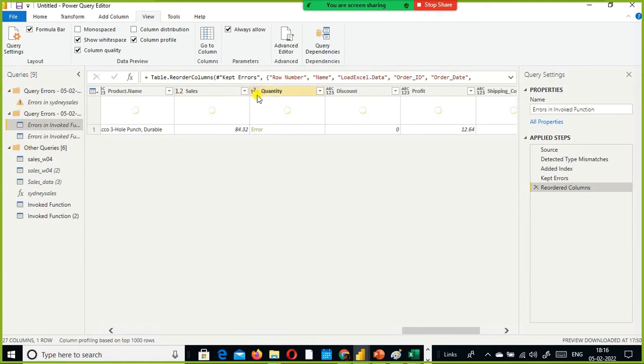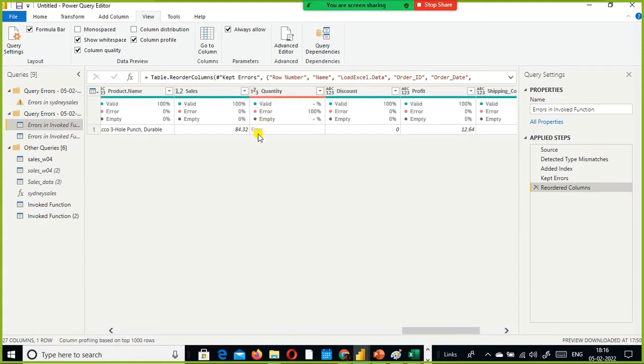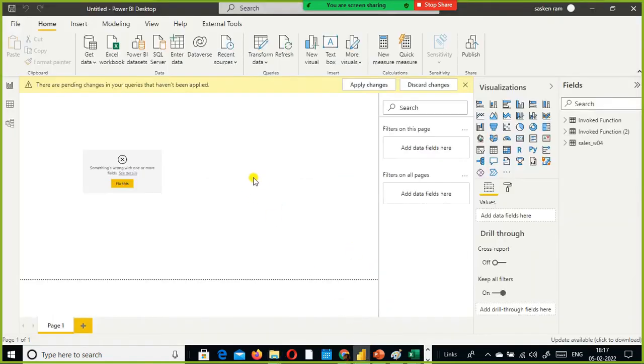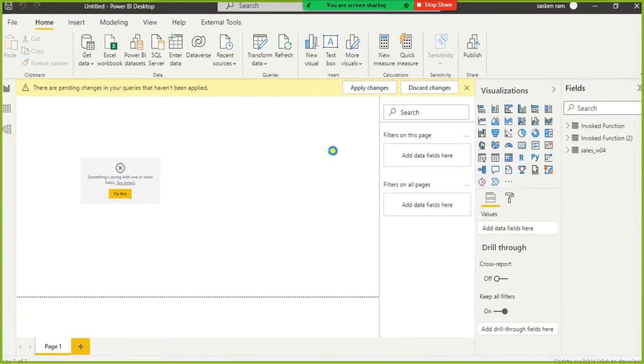We convert as a 1 to 3 number data type in the previous 2 data files, because of which it's showing an error. So negative. With this I'm going to close and apply. I will share this report file also to you all. You can give it a try. I have the solution.